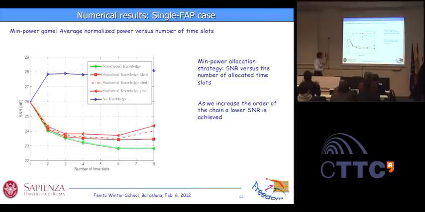Okay, now the converse. We are running now the minimum power problem under a rate constraint. So again, the green curve is the power that you need to guarantee a certain rate in the case where you have perfect knowledge of the future. So this is the green case. The blue one is the case where you assume that the future is going to be the same as the present. So this is the loss that you pay. And these are the cases that we achieve with our algorithms where we estimate the transition probabilities.